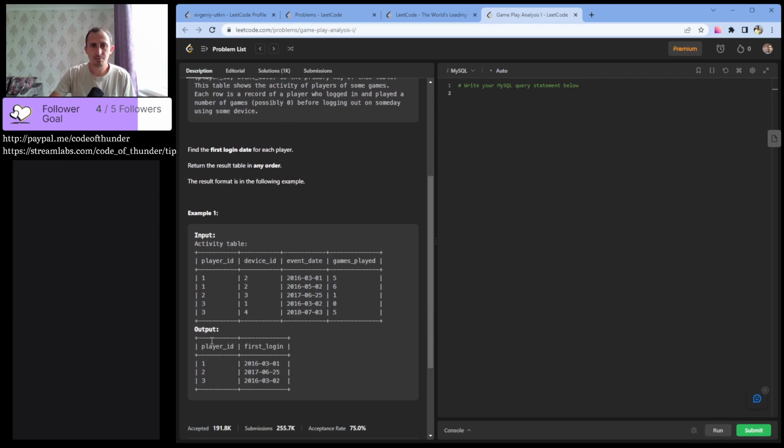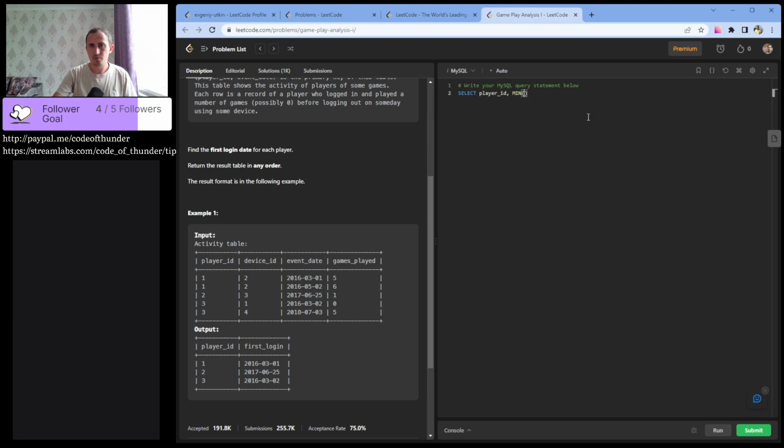Let's see an example, like player ID 1, device ID 2 and 2, and the earliest date is this one. Yes, the second one, this one, and the third, this one. Well, yeah. Okay, let's try. Select player ID and min event date.